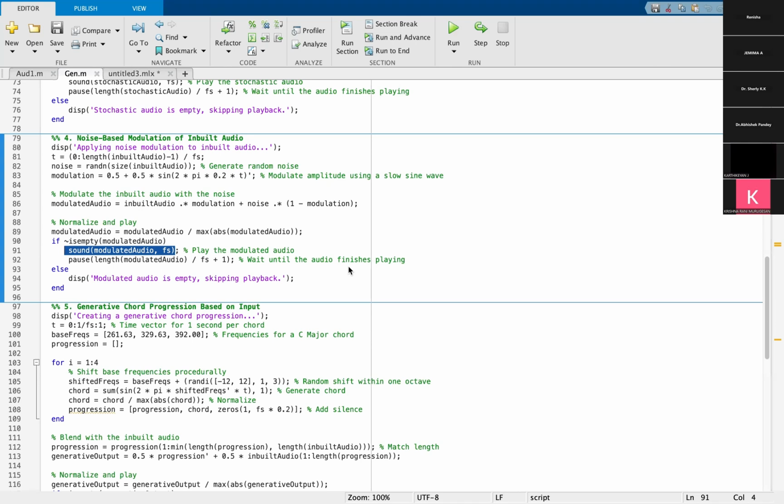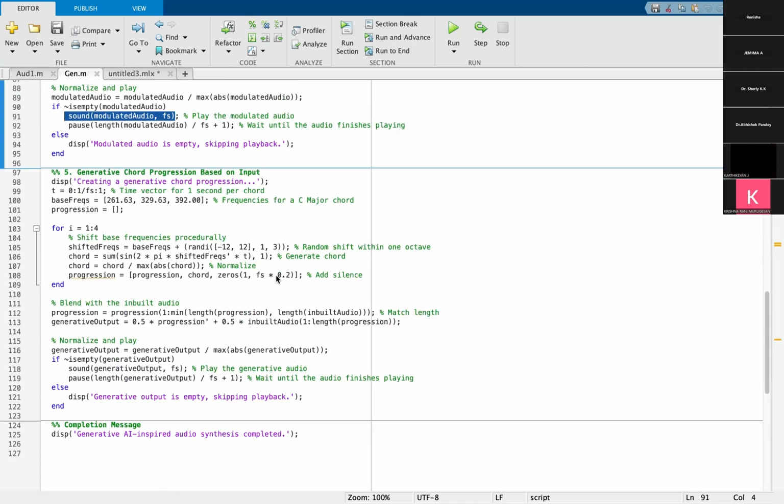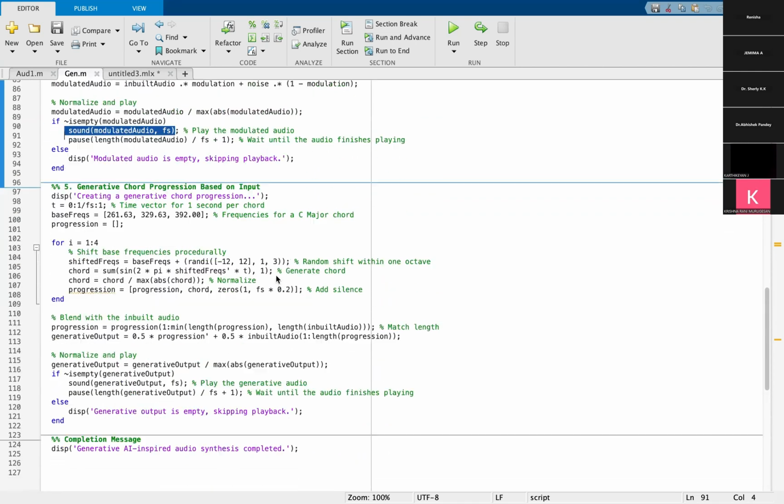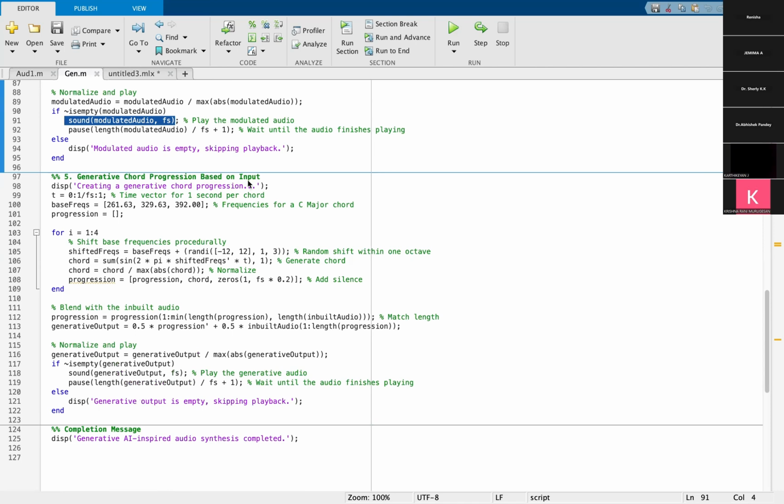Going through code alone will not make you understand, so I will explain everything: what we are doing without Gen AI, and what we are going to do with Gen AI. I just need to explain how it is going to be done. So, generative chord progression based on input